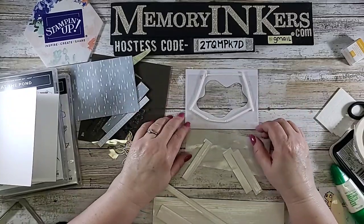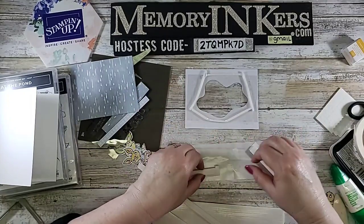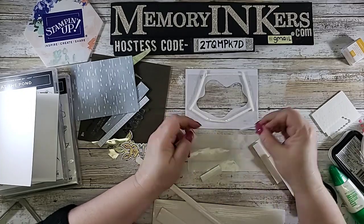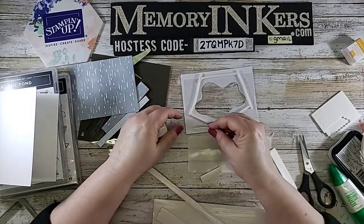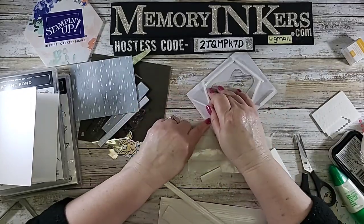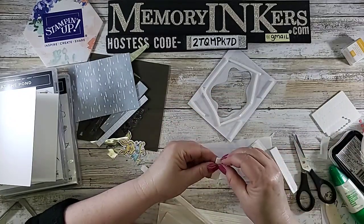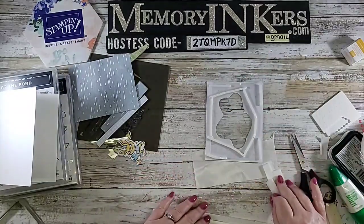Now, one of the things I want to do is I want to get these corners popped up also, because they're going to make a difference, and I don't want them to fold down. So it'll make sense to you in just a minute. So what I'm going to do is, I don't need whole pieces. So I'm going to cut these in half again. And I'm just going to put them on the corners, so that my corners are up as high as this part, and they don't fall down while in shipping. Does that make sense? So they don't press down. That one's sticking out too far. There we go. And one more over here. Okay, so